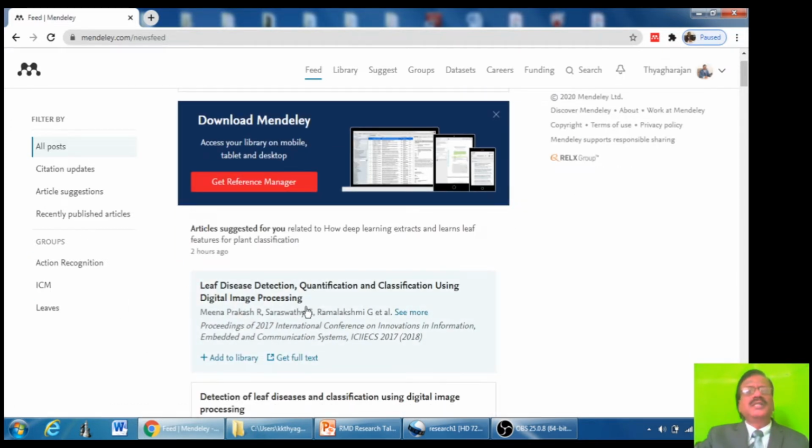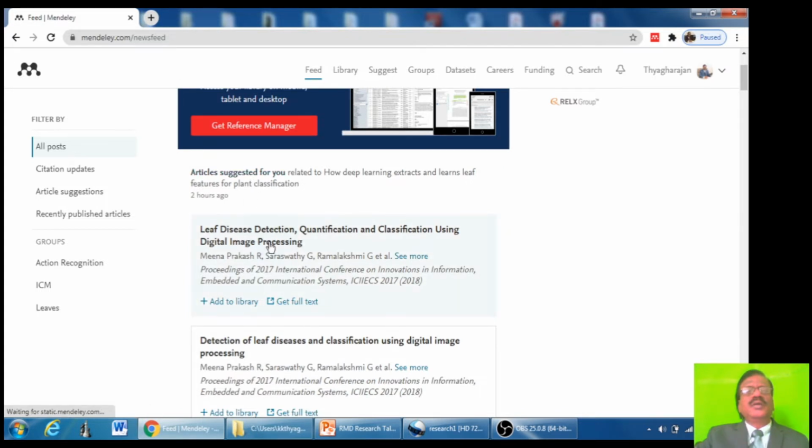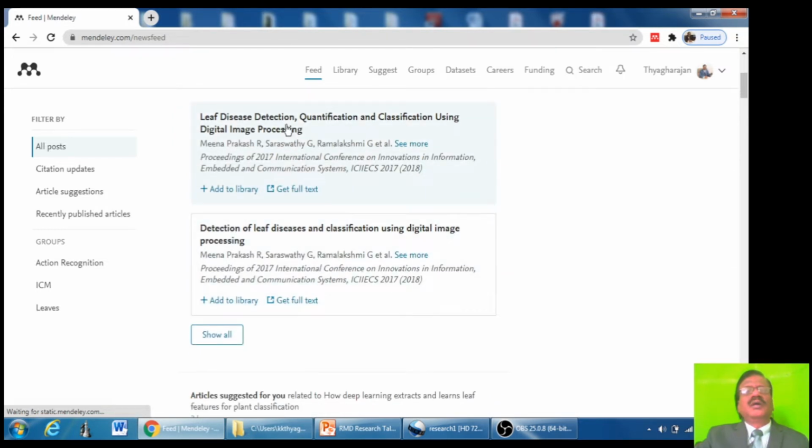In this page, you can see the articles suggested for you by Mendeley. See, based on your profile you have created and based on your publications, based on the papers you have reviewed, and based on the editorship you are having, Mendeley will collect information and suggest based on those information.